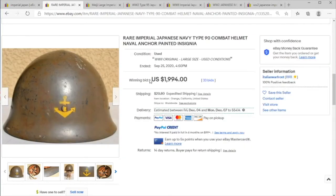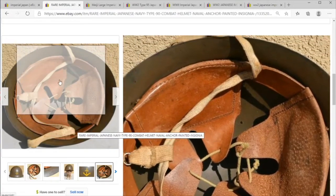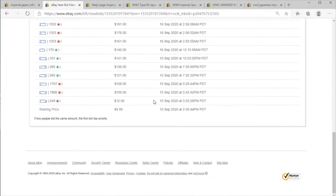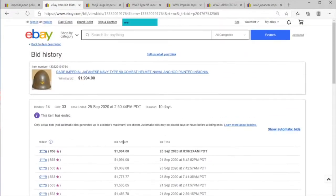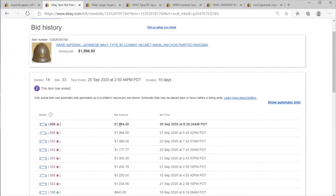Here we have one of the top recent sales for a rare Imperial Japanese Navy combat helmet with a painted anchor. Rather good condition for the leather, considering the age of the item. Overall, smashing away at $1,994, and gosh, you just can't. Every time I'm surprised, but I love to see it because I know this is how eBay works. Somebody was brave enough to start that at $9.99, 10-day auction,